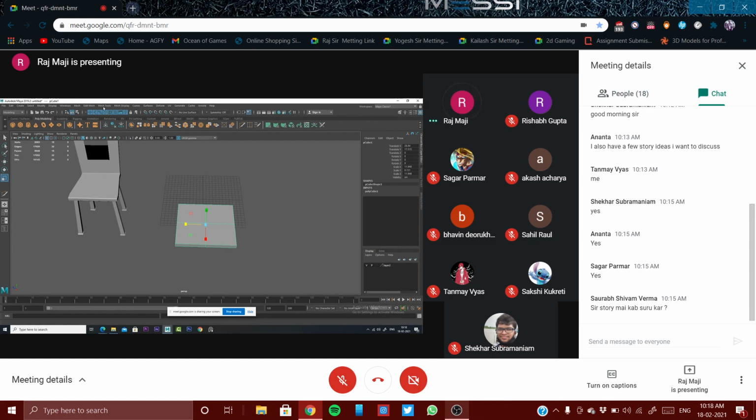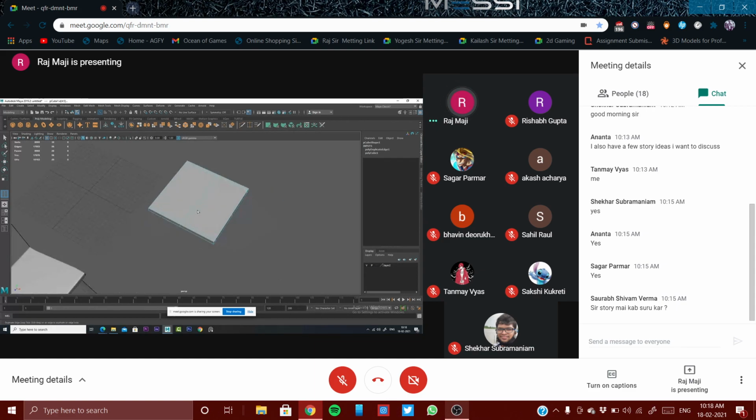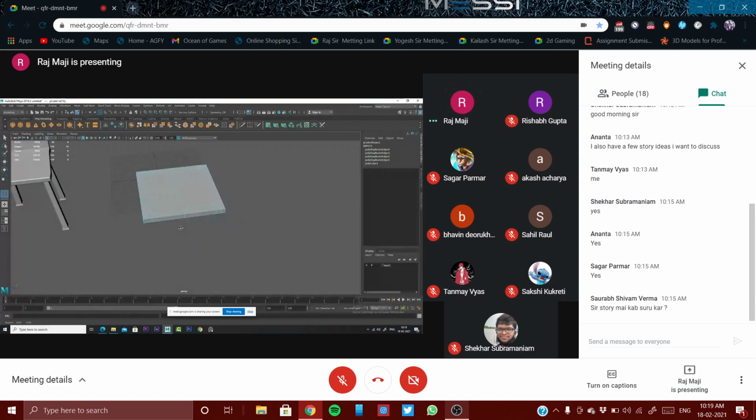All right. And then going to offset edge loop, creating a little offset on this side and a little offset on this side also. Then once again creating two more loops, and in this also creating two more loops. So I'm just trying to match the design you have made.